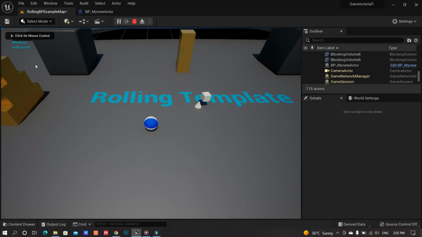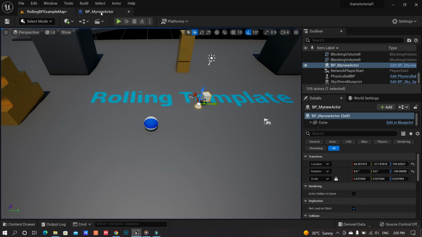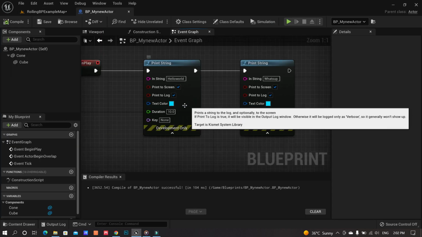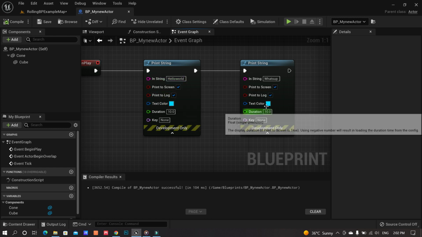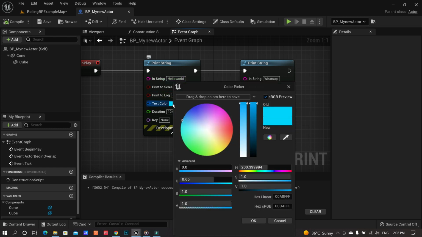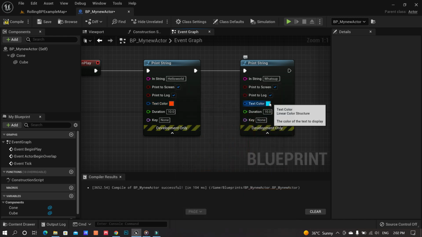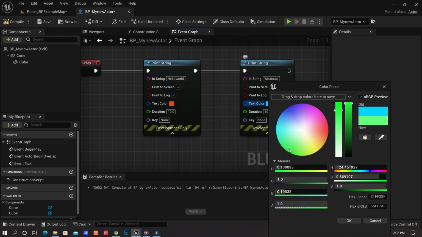Now you see that both of the strings are being displayed on your screen at the left corner for at least 10 seconds, and then they disappear. There you go. You can do another thing. Under the properties, maybe you want to print one of the strings in a different color and the other one in another color. You can go to the color picker, and let's say we have a red, and this one, I don't know, maybe green, something of this nature.